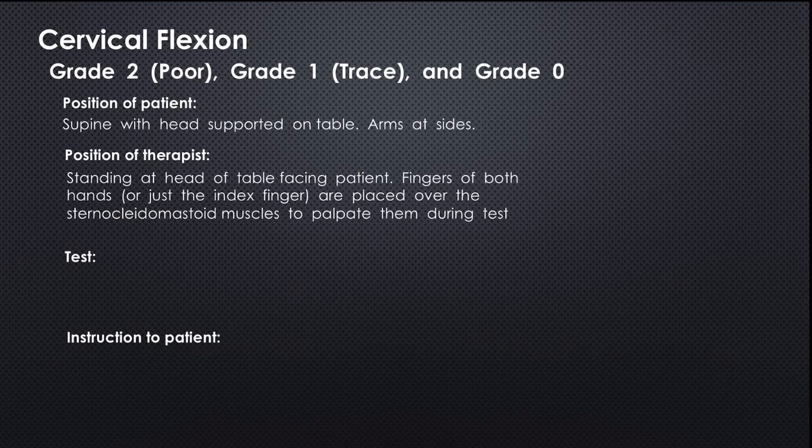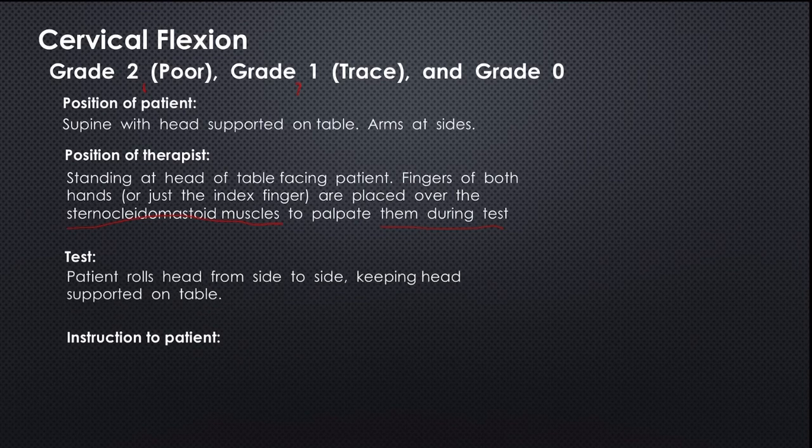Fingers of both hands, or just the index finger, are placed over the SCM muscle to palpate them during the test, because grade 1 is a palpable contraction as well, and grade 2 simply cannot really lift the head because it's against gravity. So the test: the patient's head rolls side to side,